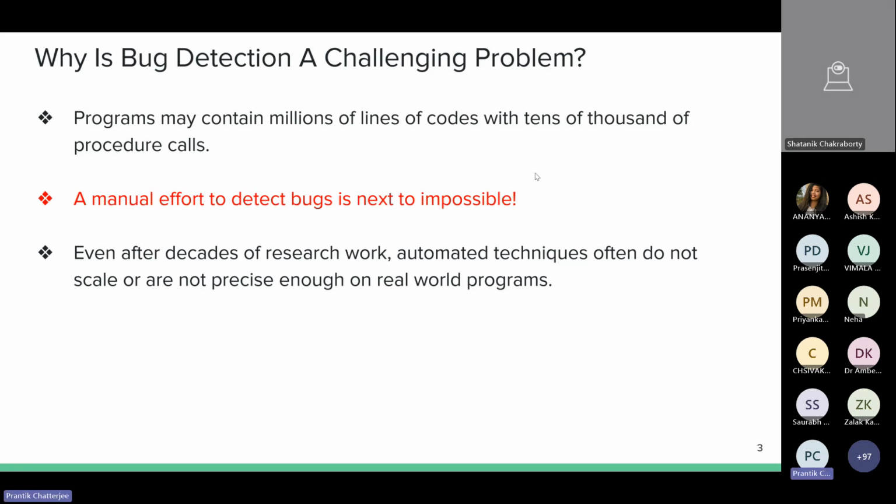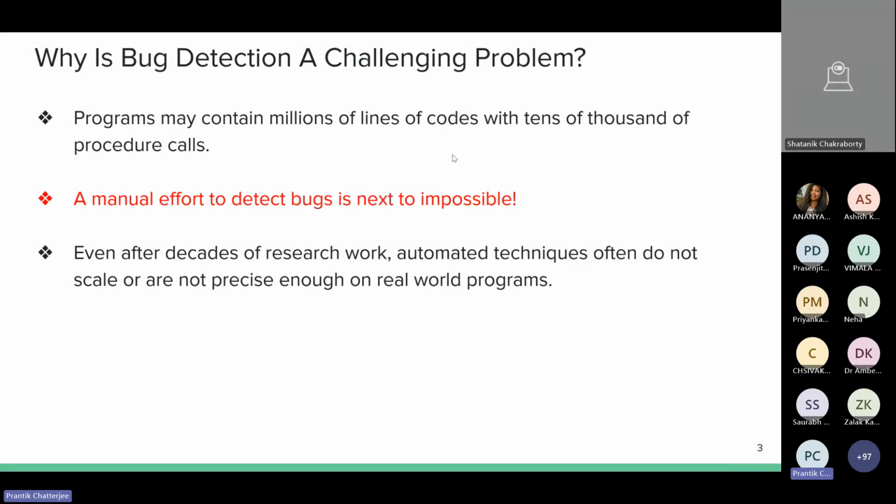So this is very simple, right? I can just hand test this code. But if you try to manually debug programs or software containing millions of lines of code, it's simply next to impossible. So eventually, the research community moved on to automated testing and automated verification tools, which try to automatically detect these software bugs.